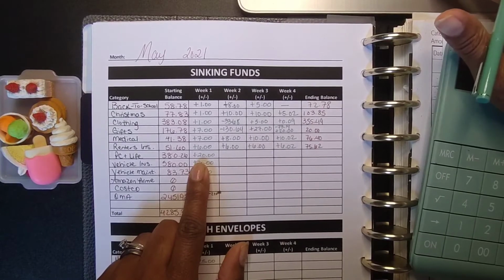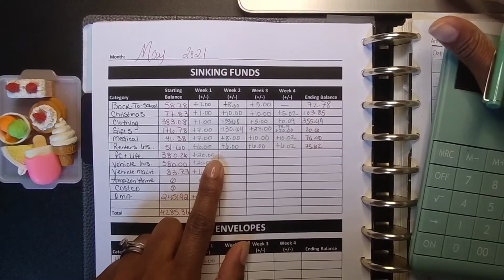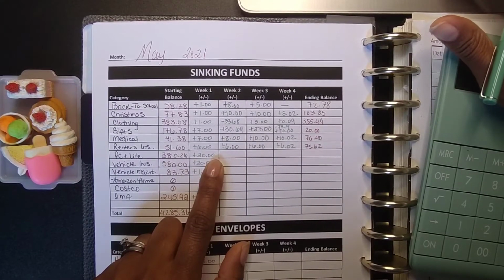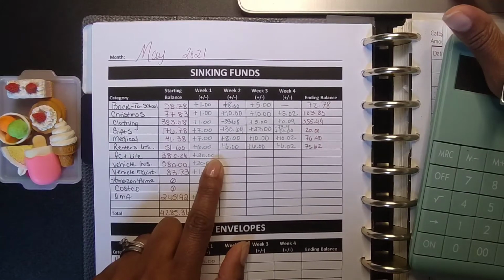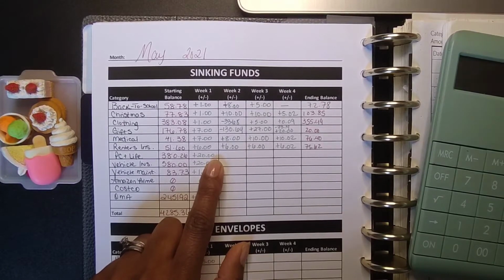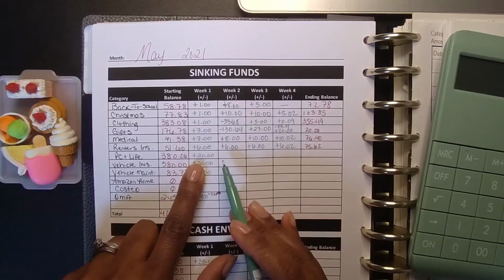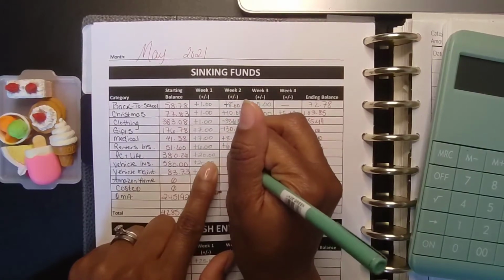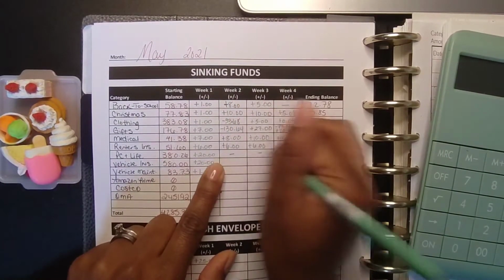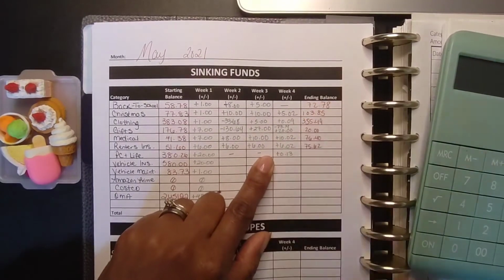All right, PC and Life. We have fully funded this. So all I'll have to do is input the $20 that we deposit into this sinking fund every week in the month of, no, we did not. We only made one deposit of $20 because this again is fully funded. The goal was $400. So we didn't have any contributions after May 12th. The last thing that came in was the interest of 13 cents,